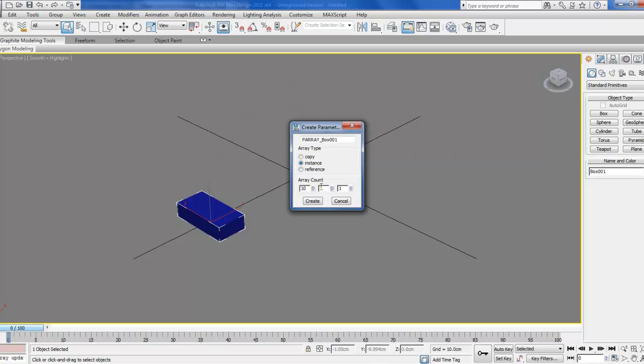And for the array count, obviously when you're going to make a wall, you're actually dealing with a two-dimensional array. One dimension will go along the y direction in my case, and another will go along the z direction. So here I have to set the second value of the array to something greater than 1. Let's start with 10. So here we're going to have a 10 by 10 unit array. We press on create,